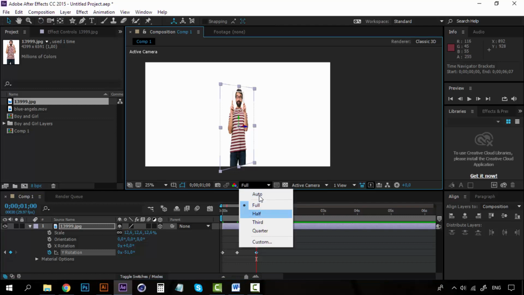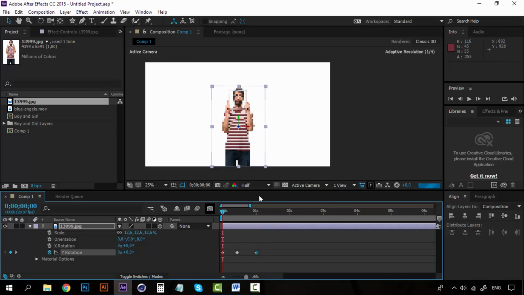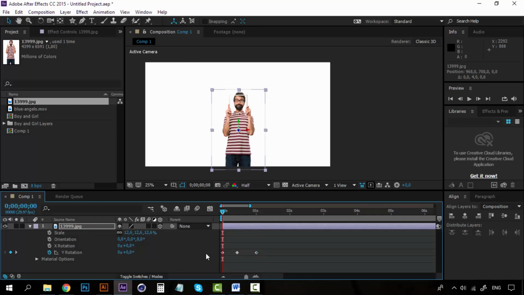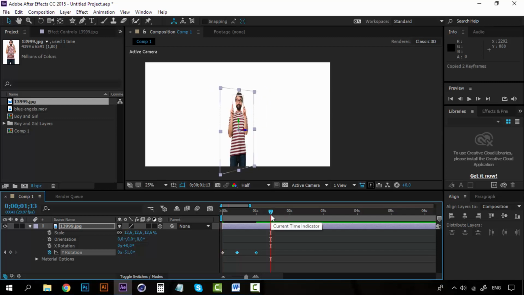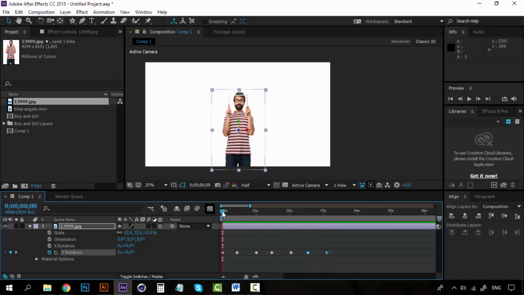Now if I hit play, I can see it like this. So I can take him and look to the top, and I'm going to repeat these keyframes. Let's hit play,